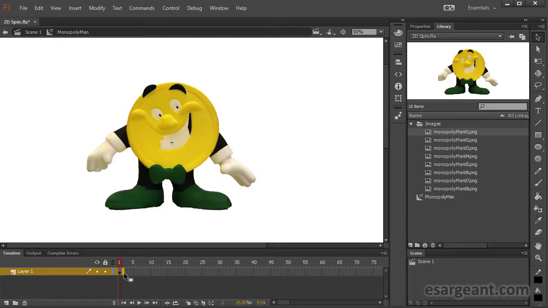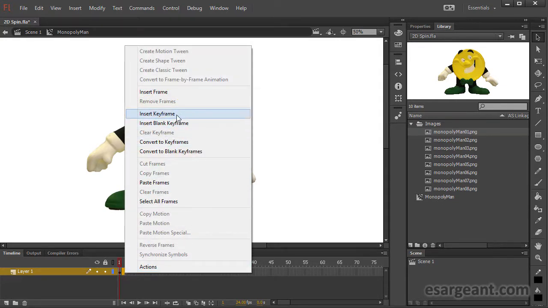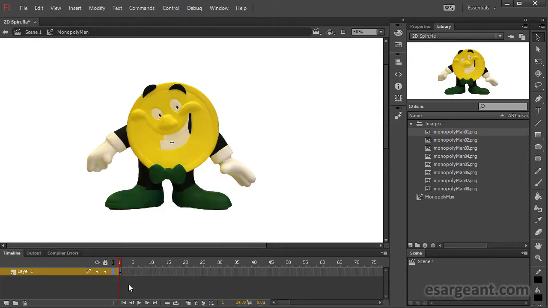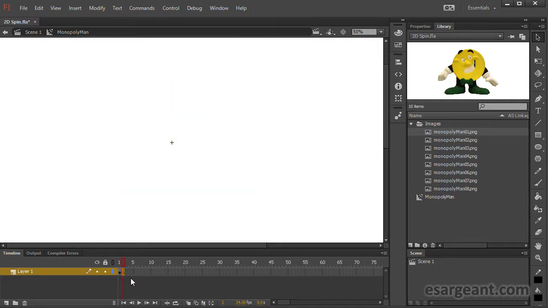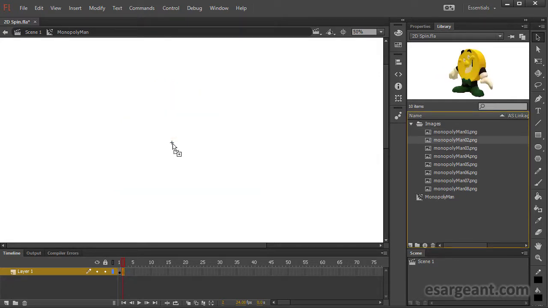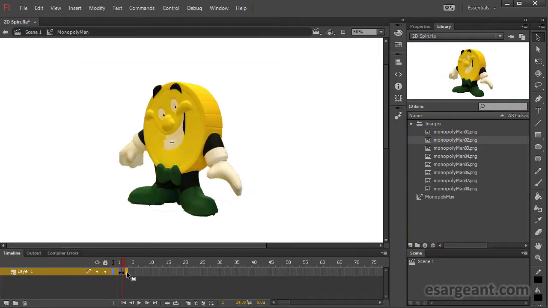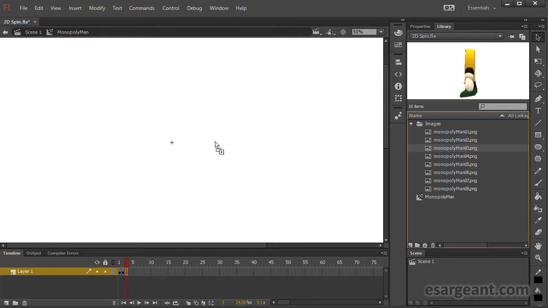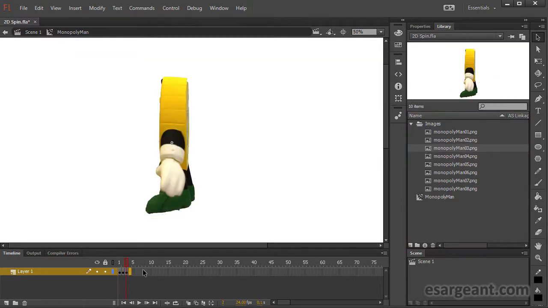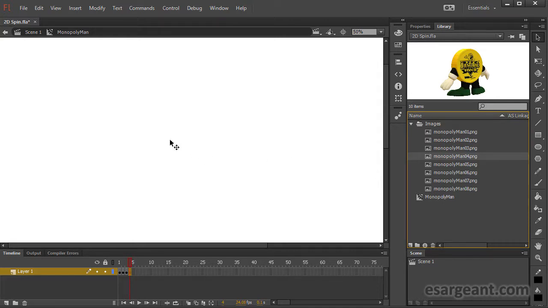Frame 2, I'm going to insert an empty keyframe. You can either right click, insert blank keyframe, or you can just hit F7 on your keyboard. So bring in number 2, and keep doing this. F7, number 3, frame 4, F7, number 4,